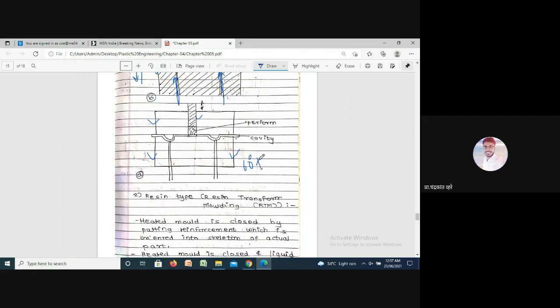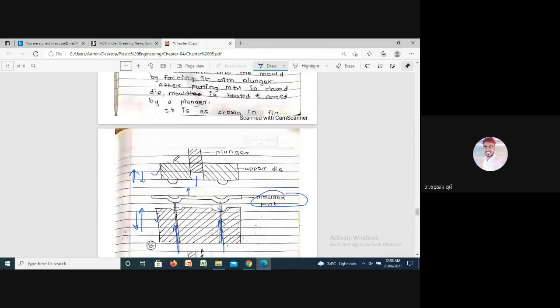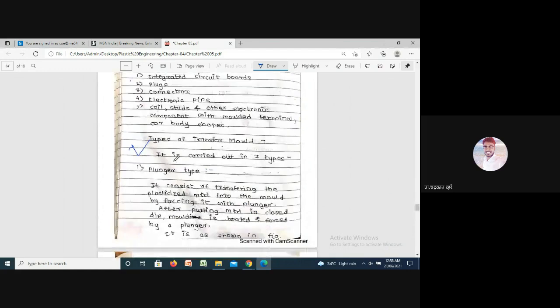Before inserting the material, we do this to improve the quality of the product. Because of this, the quality gets improved. So this is the whole process. Hope you understood the first type, the plunger type.